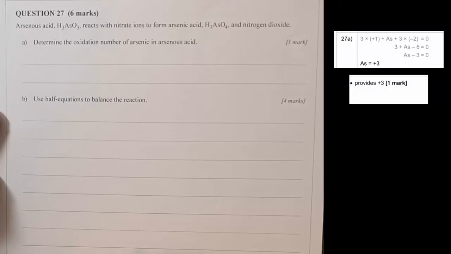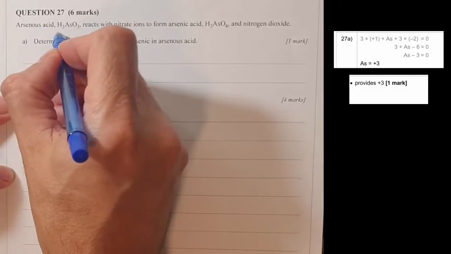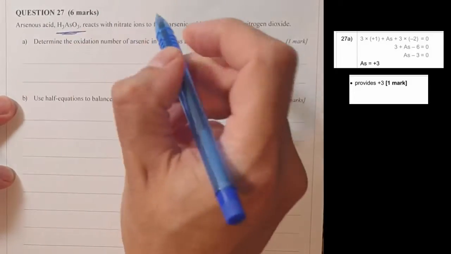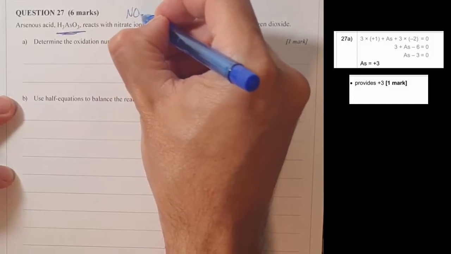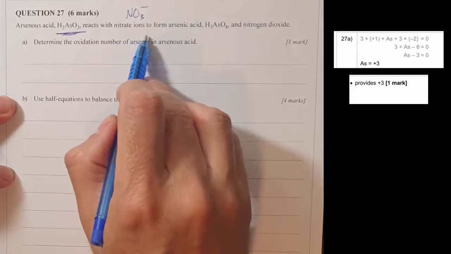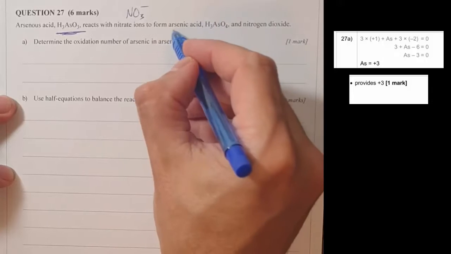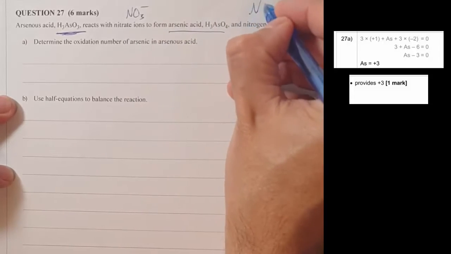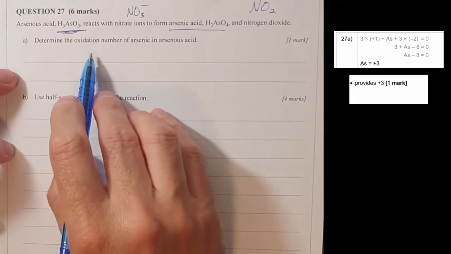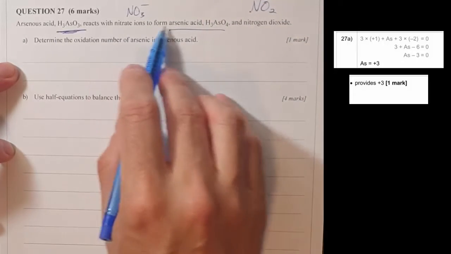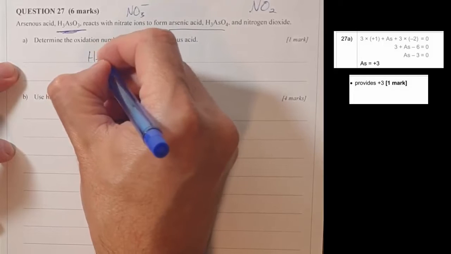Okay. Question 27. This compound reacts with arsenic acid, combined with nitrate. So check that out in your data booklet to form arsenic acid, this one, and nitrogen dioxide. Okay, determine the oxidation number of arsenic in arsenic acid. So we've got